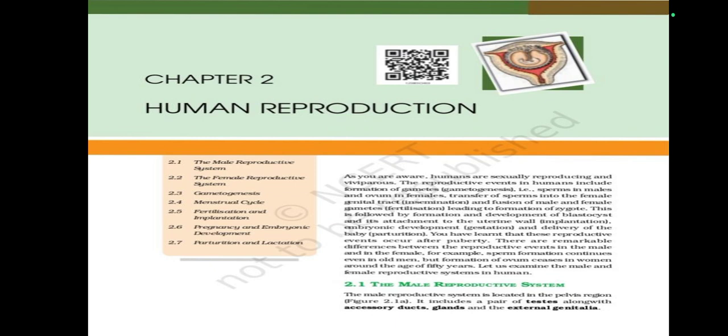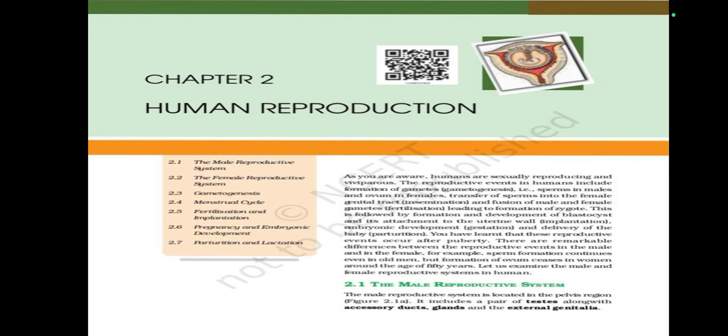The reproductive events in humans include formation of gametes, gametogenesis, that is sperms in males and ovum in females, transfer of sperms into the female genital tract, insemination and fusion of male and female gametes, fertilization leading to formation of zygote. This is followed by formation and development of blastocyst and its attachment to the uterine wall, implantation, embryonic development, gestation, and delivery of the baby,